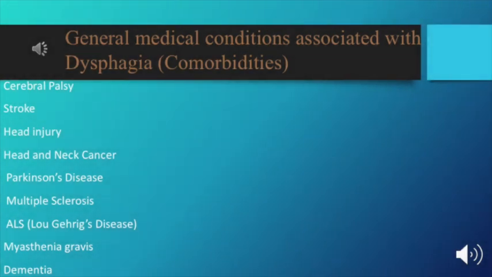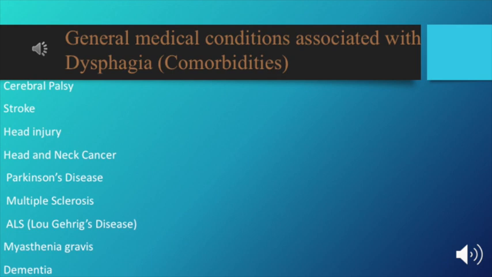Additionally, having difficulty in swallowing that occurs when you eat too fast or don't chew your food well is not really a cause for concern, but if it occurs persistently, this may be an indication that there's a serious medical condition that requires attention. Some medical conditions that are associated with dysphagia are cerebral palsy, a congenital disorder of movement, muscle tone, or posture,